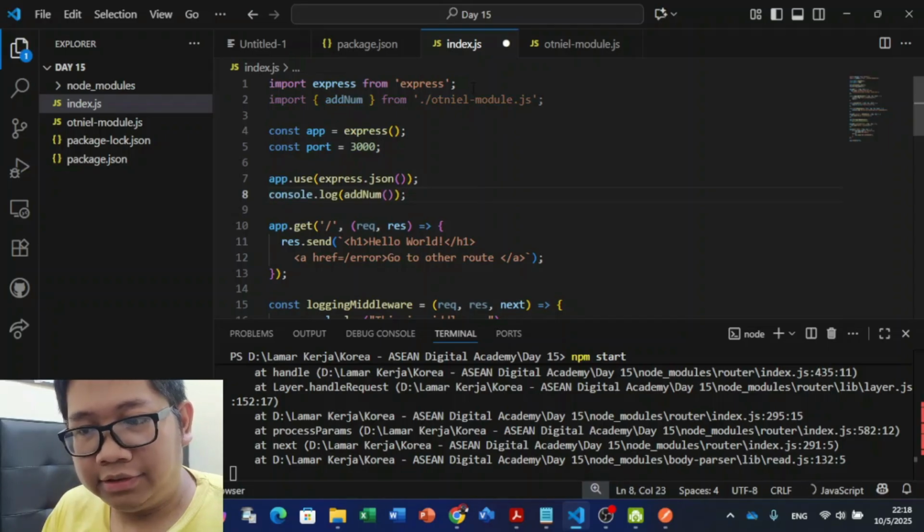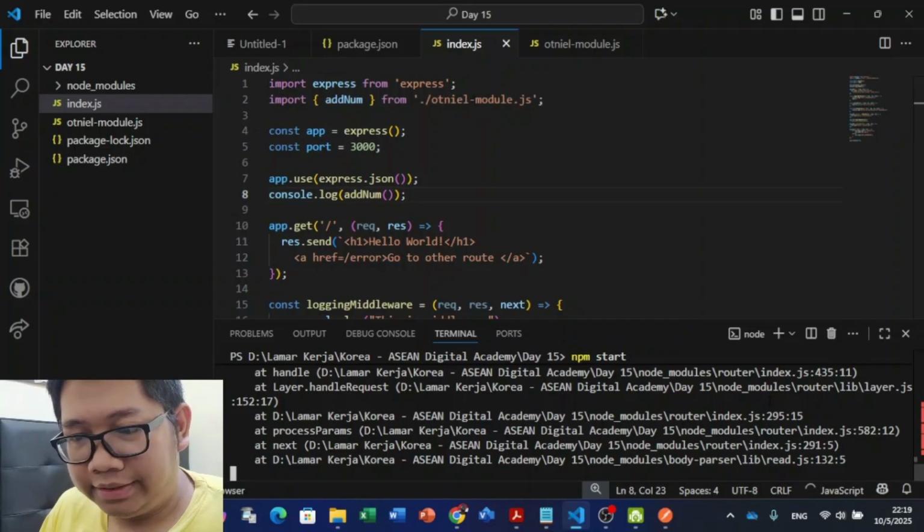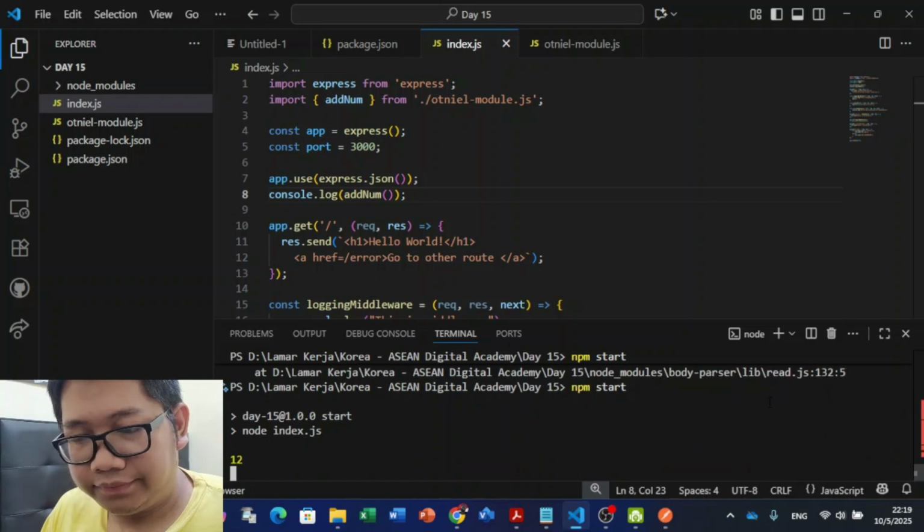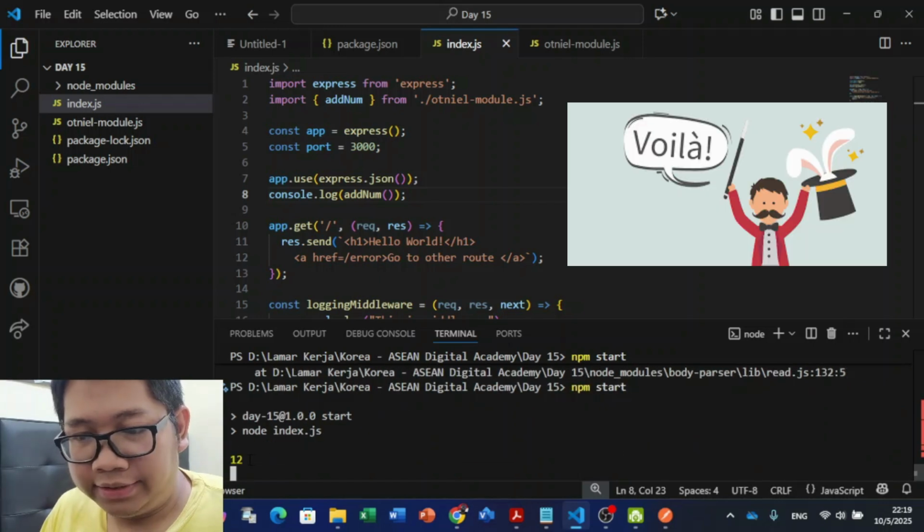We can just console.log addNum, and then we need to run it again. And voila, we have finished all of the tasks.